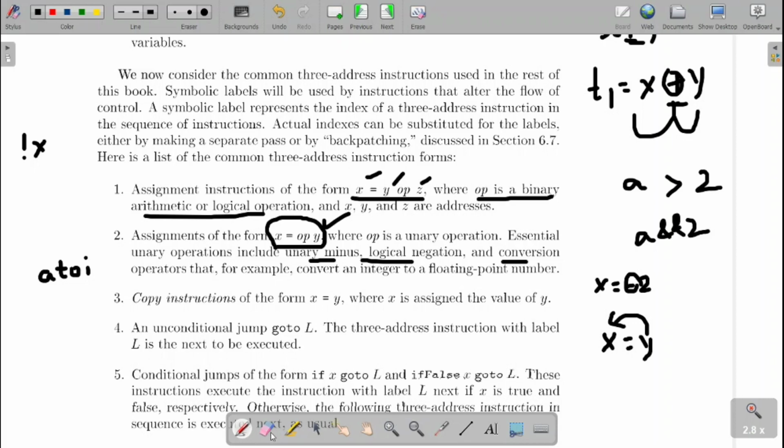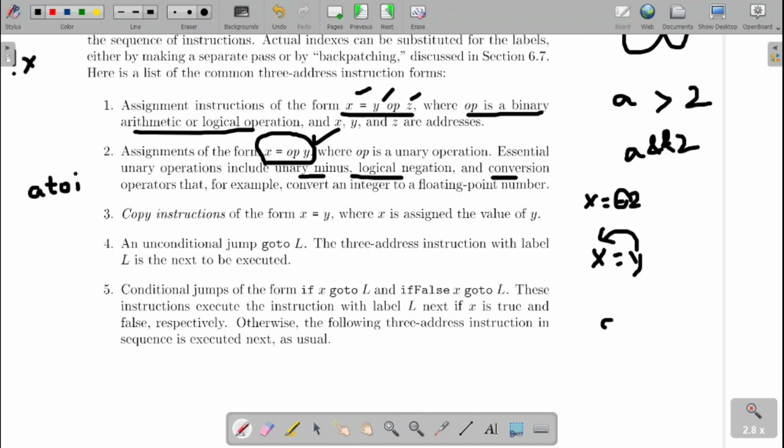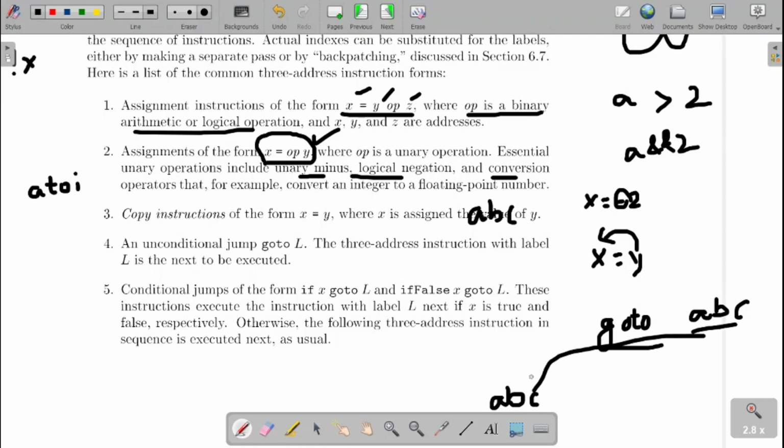Then let us look at the other category. The first one is the unconditional jump. The best example is goto, and I will put some label over there, let it be ABC. If ABC is present before the goto, we call it a backward jump, and if it is present after the goto statement, we call it a forward jump. It is unconditional; we are not checking any conditions. Whenever we get this goto, we jump to the address of the label next to it. This is an example of an unconditional jump instruction.